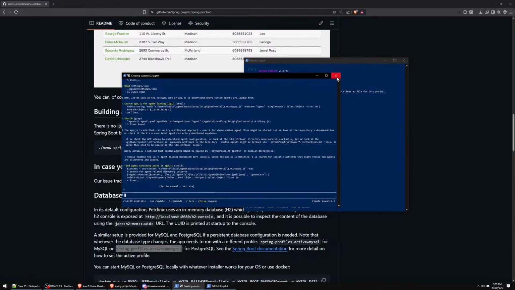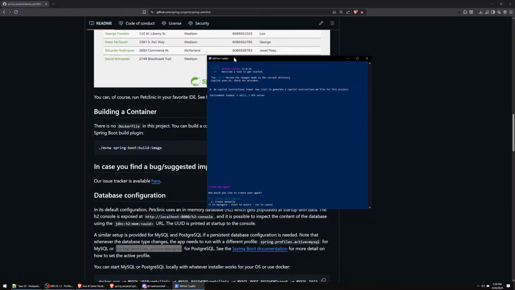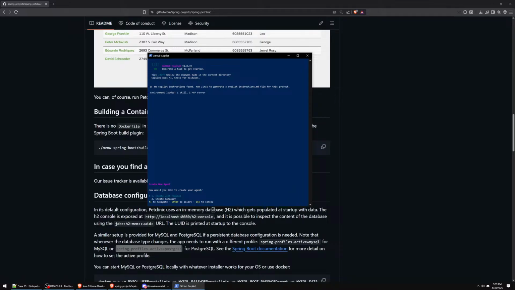All right, let's just kill this one. Goodbye. Create with Copilot. Yes, this was what I was trying to do. So we'll try again. Create, and we just went to the menu and went to agents, like slash agents, and then create a Spring Boot Java developer agent that works